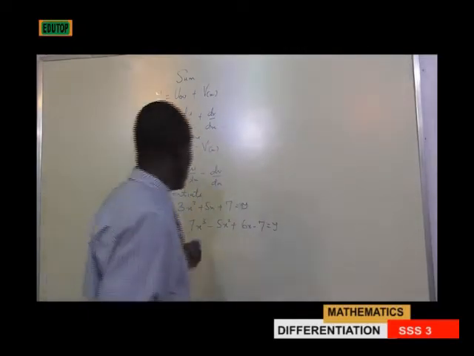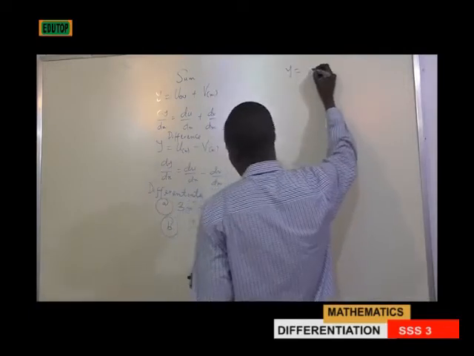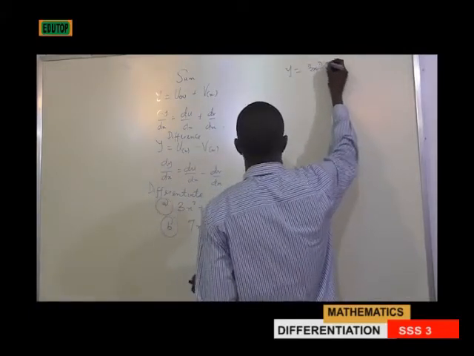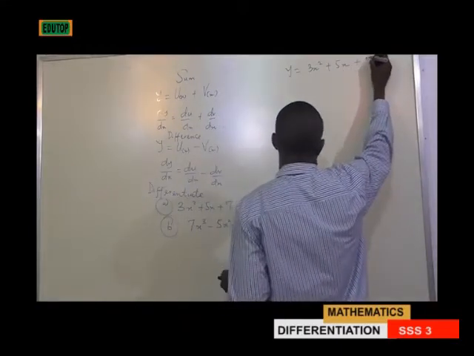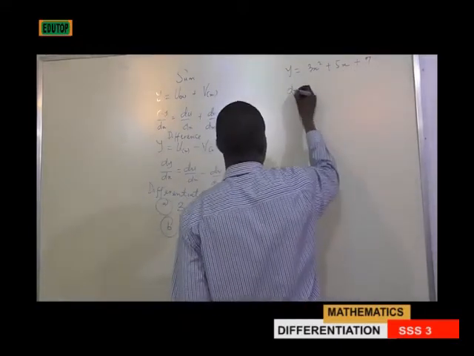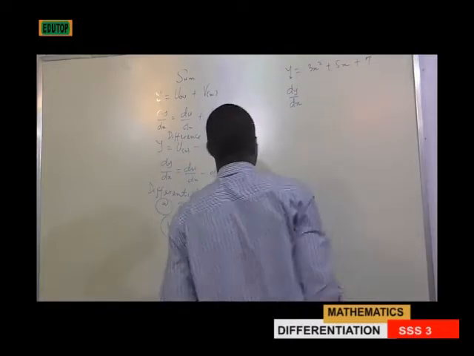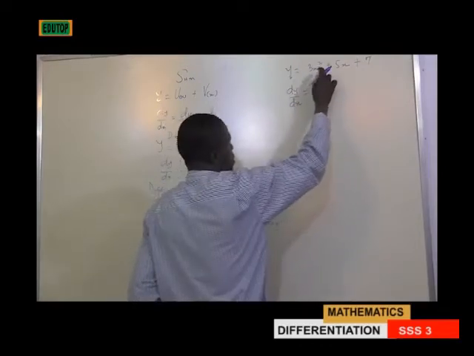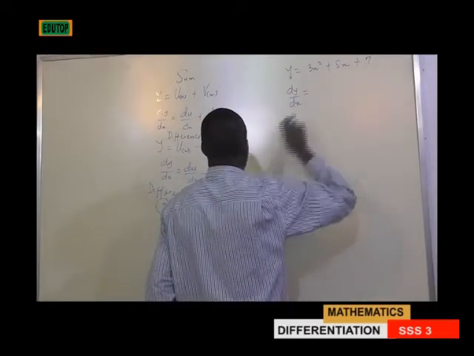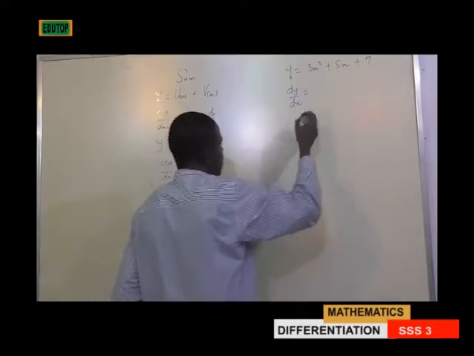If you have to differentiate this, we have our y equal to 3x squared plus 5x plus 7. So we have dy/dx, because we are differentiating y with respect to x, and that is how to write the notation. Then you differentiate this with respect to this. But first and foremost, it should be noted that